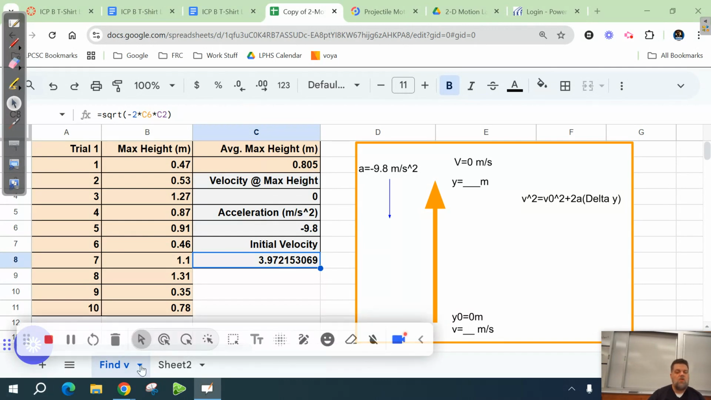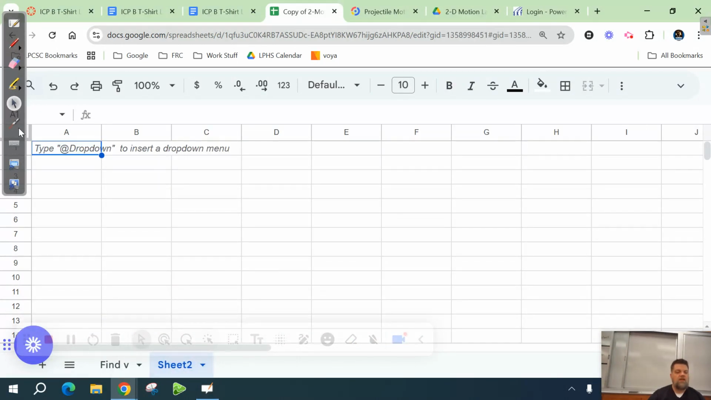All right. Now, see how it says sheet 2? Real quick, everybody measure the height of your table with a meter stick. Grab another meter stick. Leave the ones that are taped up. Come grab another meter stick and measure how high